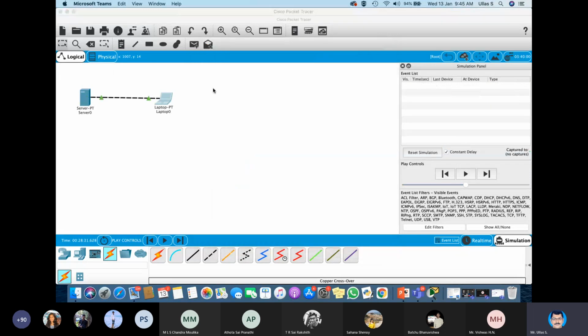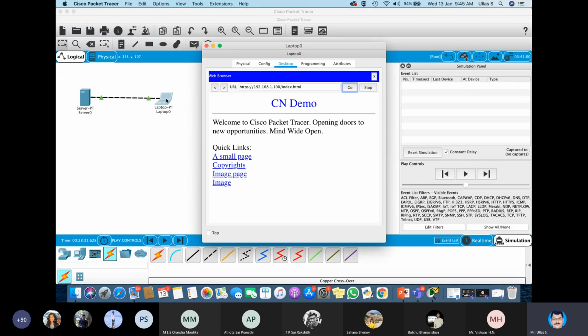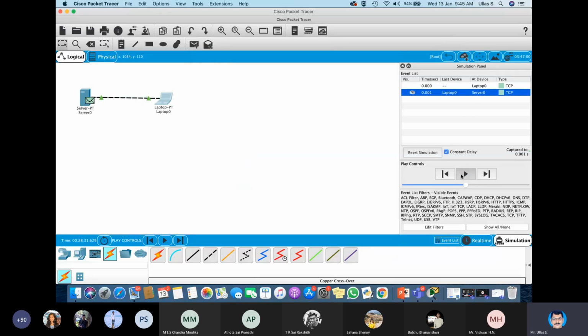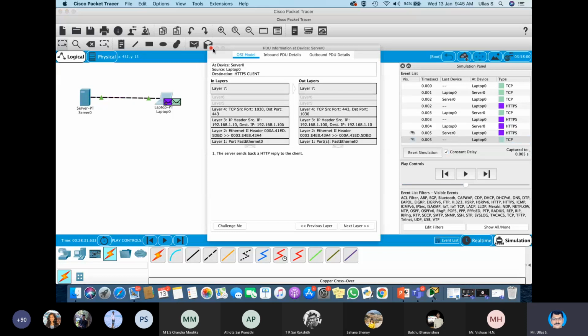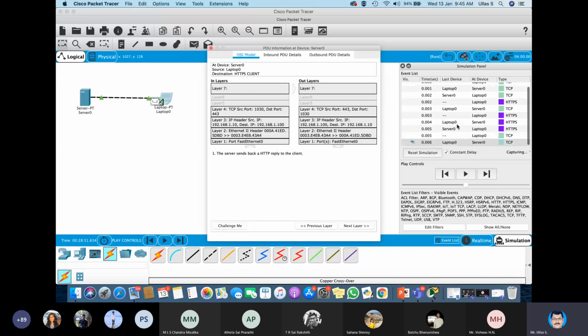This is the connection establishment taking place. Even in HTTP the same thing will take place. With HTTPS, if you click, you can see the layer 7 data is not visible. It is encrypted. None of the HTTPS data you will be able to see. That's why in Wireshark, if you capture HTTPS, you can see some junk characters in encrypted form, whereas in HTTP you can see the data in plain text form.